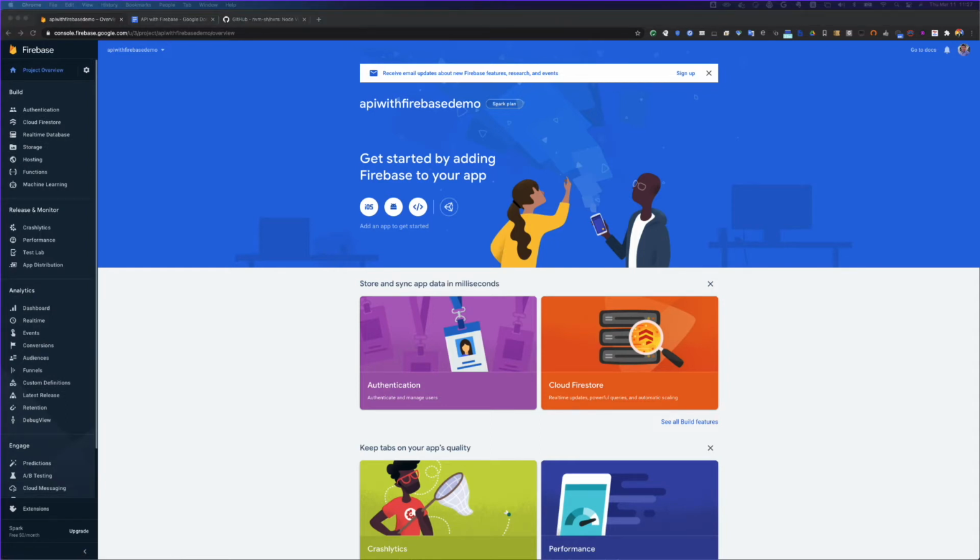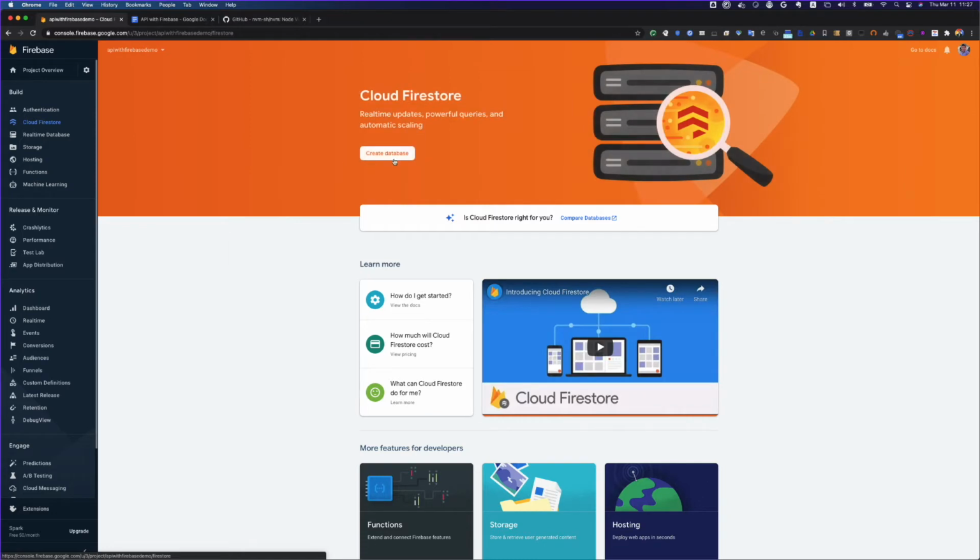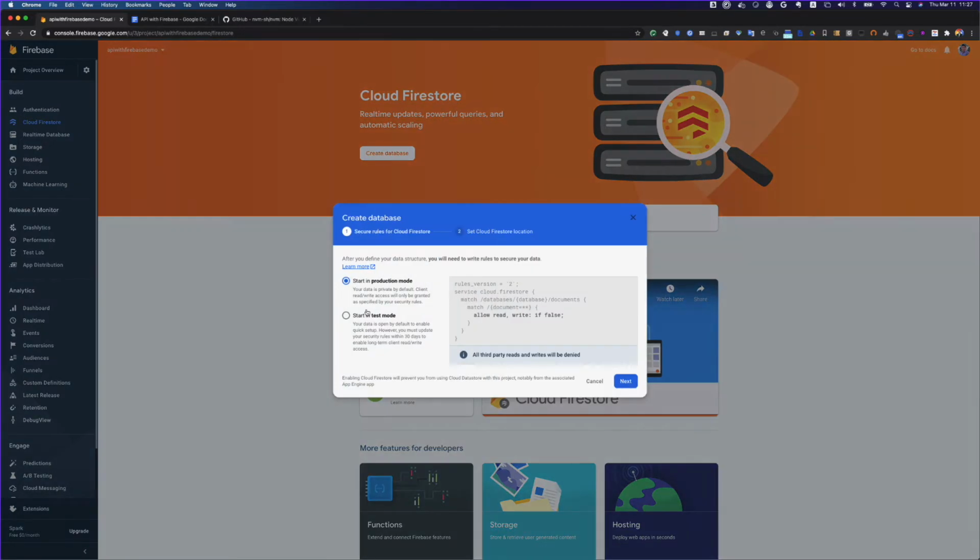So what we are going to do now is to create what we need for our application. So today we are going to develop a books API, and for that we will create the whole CRUD API, like create, read, update and delete. And for that, the basic need which we have is to have a database. So let's first create a database. So I'm going to use Cloud Firestore. So I will click on Cloud Firestore, and then we are going to set up our database. So here, click on create database.